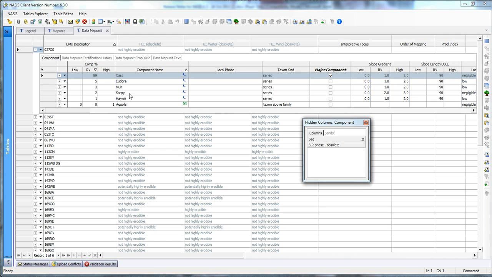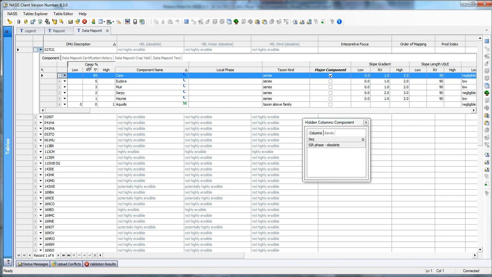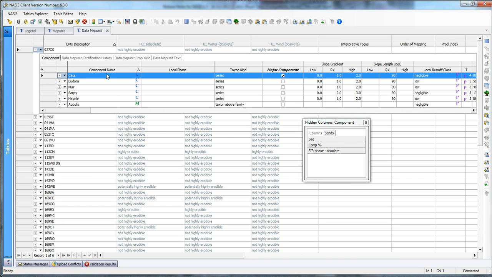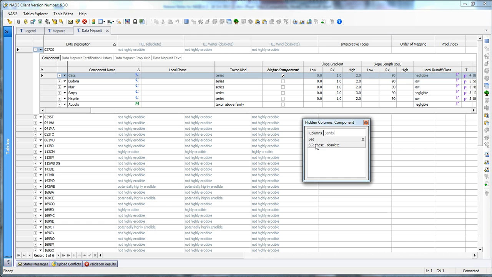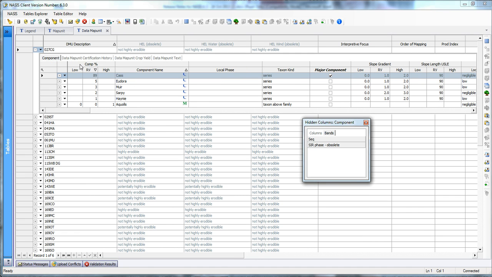Let's contrast that by coming in here and clicking on comp percent. I'm going to drop it and it becomes an X and I highlight it and I now have removed comp percent as a band, and this band now shows up as comp percent, and in the columns you'll notice that all I've got is the SIR and the sequence number. So now I can come back over here and grab my comp percent. Well, how do I get it back? I can bring it back up, and notice that as a band I have to go to the band row and populate that back in there, and it now becomes back into my